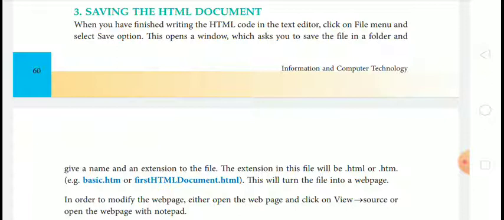This opens a window which asks you to save the file in a folder. Means when you go to File menu and select Save option, one window will open and it will ask you to save the file in a folder and give a name and extension to the file.